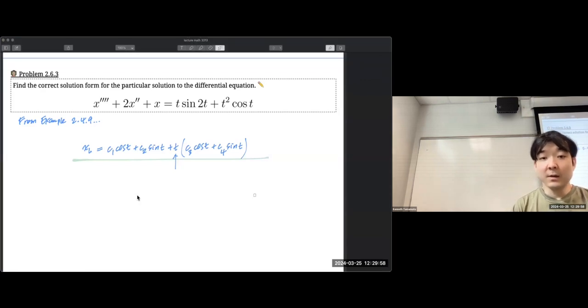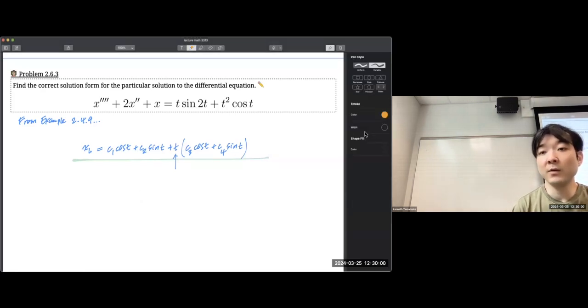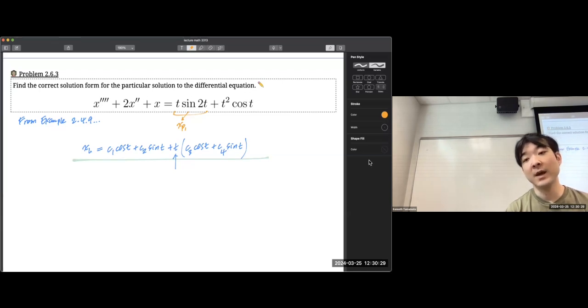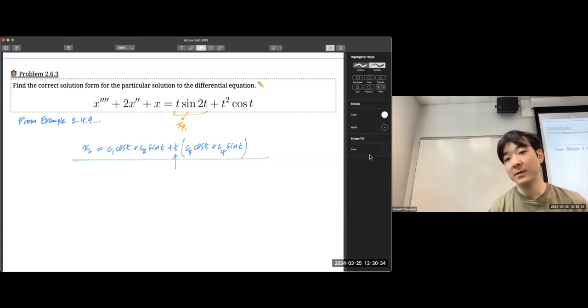So we have this. Now we have two right-hand sides. We've got this one right here. We have to separate these because they're not the same sinusoidal function. This is a 2t and this is a t. If this was a t, then you could get away with just building the particular solution from the one that has a higher degree polynomial multiplied to it, because that was one of the shortcuts we saw. Or if this was a 2t, then we could do it. But they're different sinusoidals, so we have to build two different